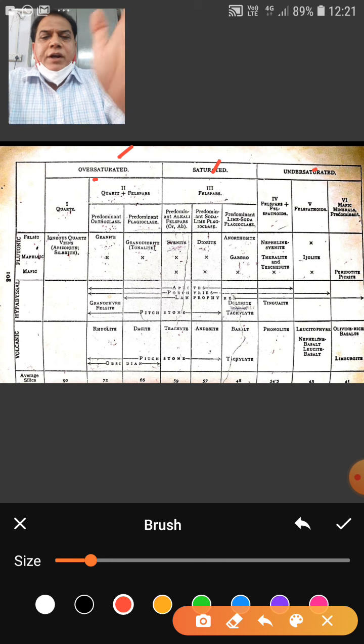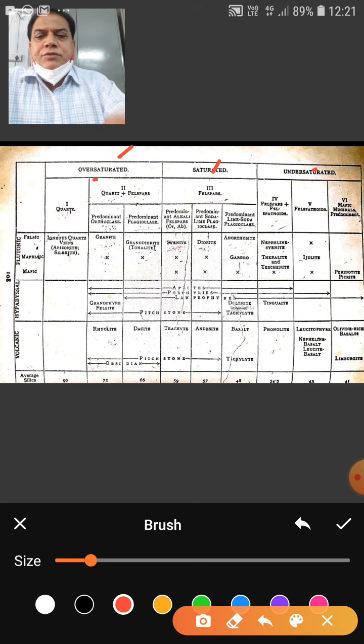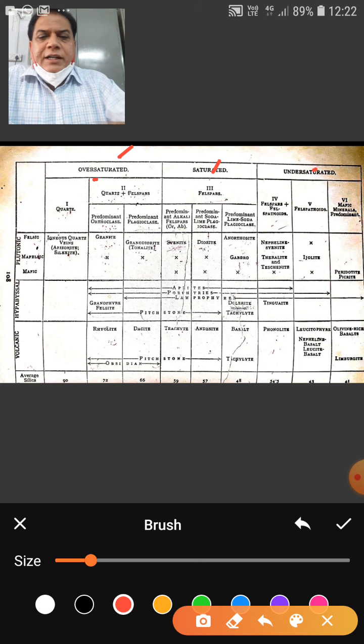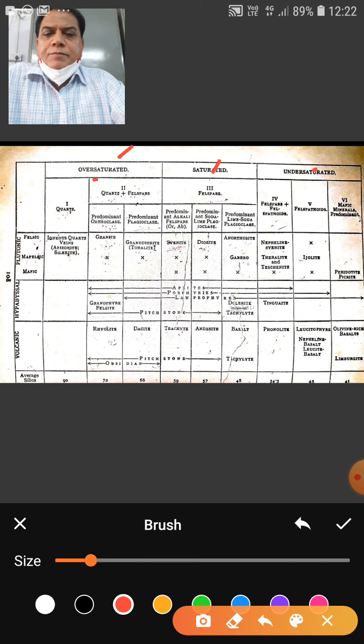So vertical divisions are broadly into three. Then further they have been subdivided, and overall there are six vertical divisions. First vertical division of quartz, second is of quartz and feldspar, then feldspar individually, then feldspar plus feldspathoids, and the mafic minerals, right? And the horizontal divisions are on the mode of occurrence or geologic occurrence, into three horizontal divisions, that is plutonic, volcanic and hypabyssal, right? The names of the rocks which belong to a particular category have been mentioned, and their volcanic equivalents in the same, at the base, right? And at the base of the table your silica content has been mentioned.